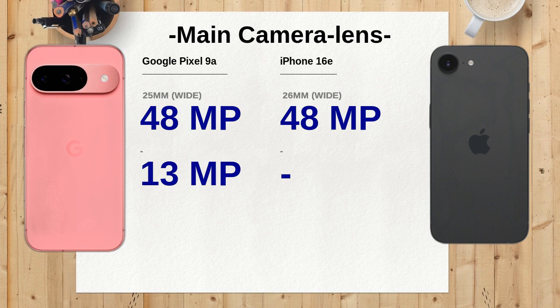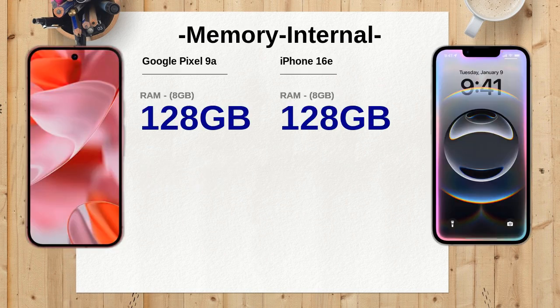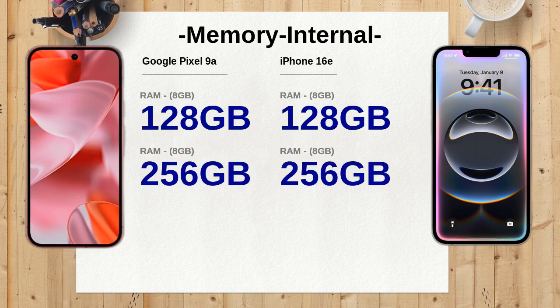Both the Google Pixel 9a and iPhone 16e offer options of 128GB and 256GB with 8GB RAM. However, the iPhone 16e takes it a step further with a 512GB option. This means more space for your apps, photos, and videos, giving you the flexibility to store what you love without